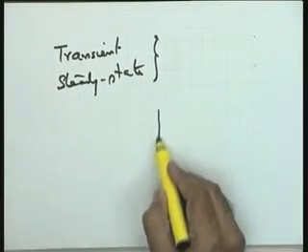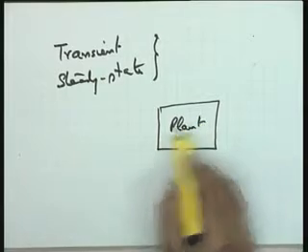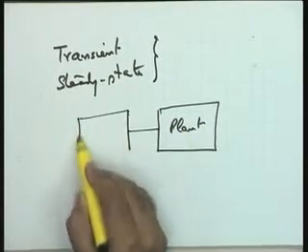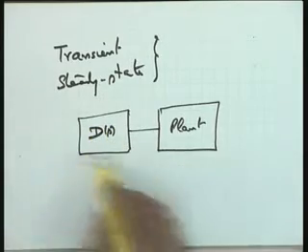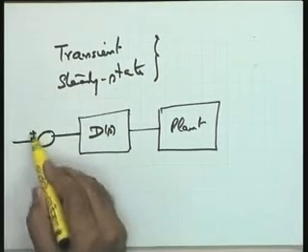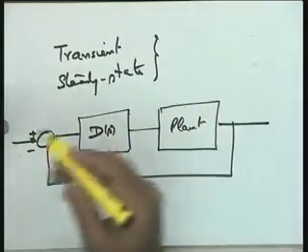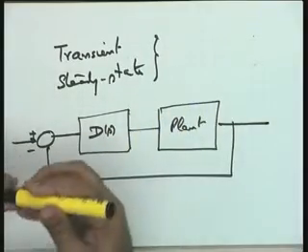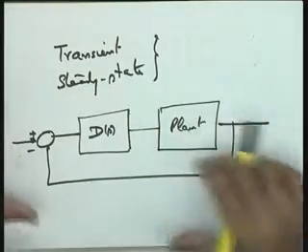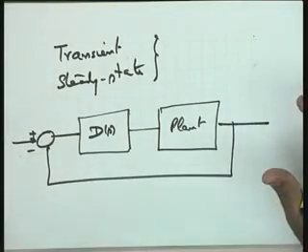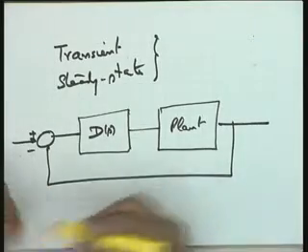We have seen that the structure of the system is going to be like this. This is the plant, and in cascade I put a controller or a compensator. Let us say that D(s) is the transfer function of the compensator. This is the structure we have taken, though a minor feedback loop is also possible, and naturally if I put a minor feedback loop, it can also be converted into a structure of this form so that the design can be taken up. Now what are the different values of D(s) we have seen?